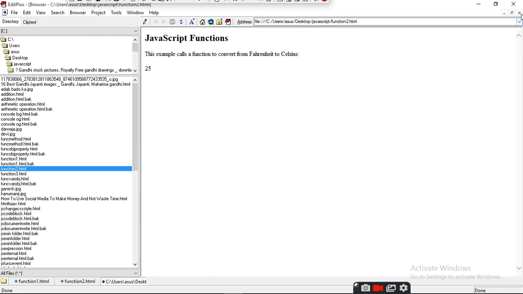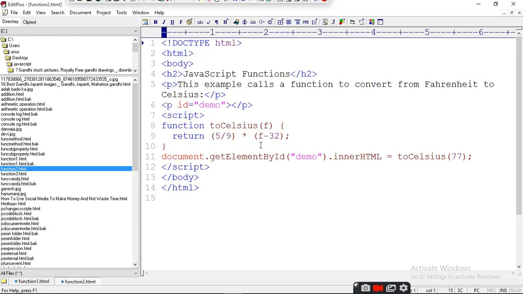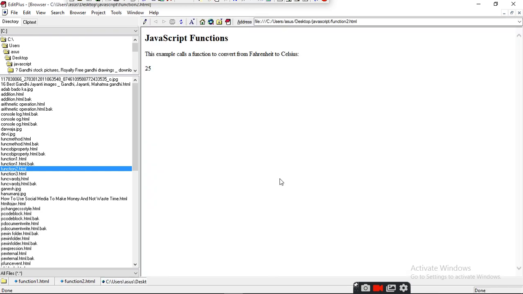Now calculate it. 77 minus 32, how much? 45, and 9 fives are 45. So it will divide 45 by 9, and 5 times 5 equals 25. So it will give you 25.